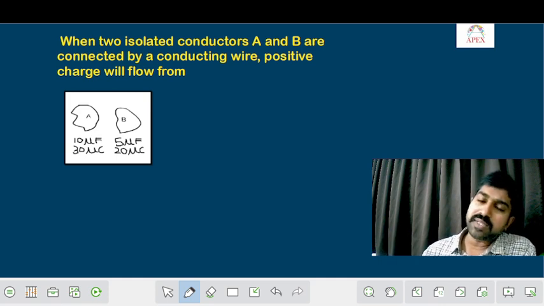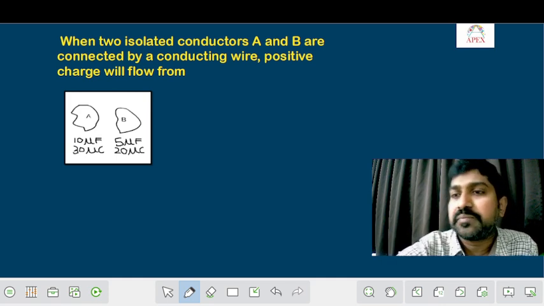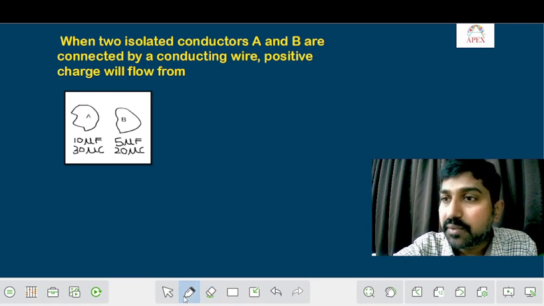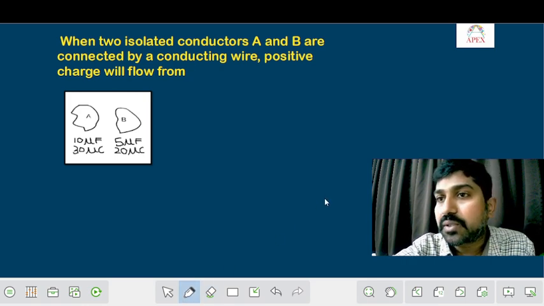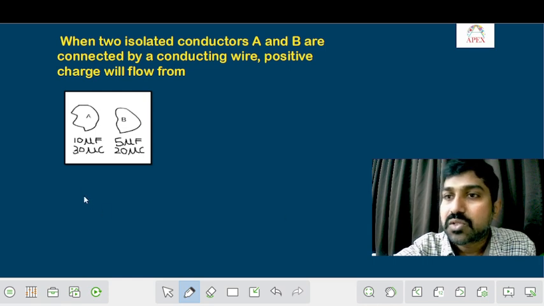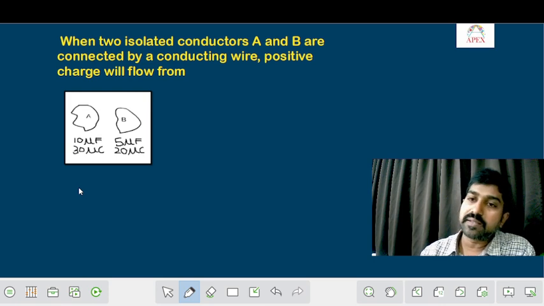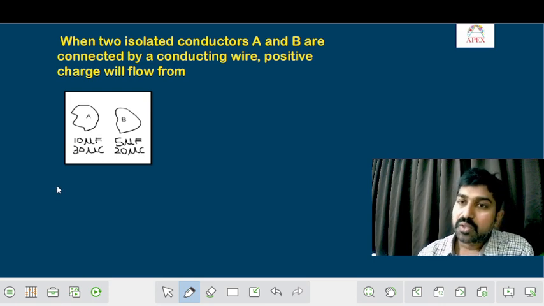We know that positive charge always flows from which one to which one? Positive charge always flows from positive to negative. So first of all, that means high potential to low potential. You can just see here what is the value of voltage in the first case, in case of V1. What is the voltage here?